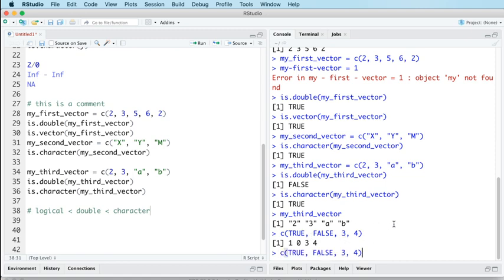If we add to this vector, and this is another feature of RStudio. Actually, this is a feature of the R console generally, but the R console has a history just like the command line. So if I press the up arrow on my keyboard, I can go back to the last commands that I executed at the console. So I've just pressed the up arrow there on my keyboard. So if I add a character to this,